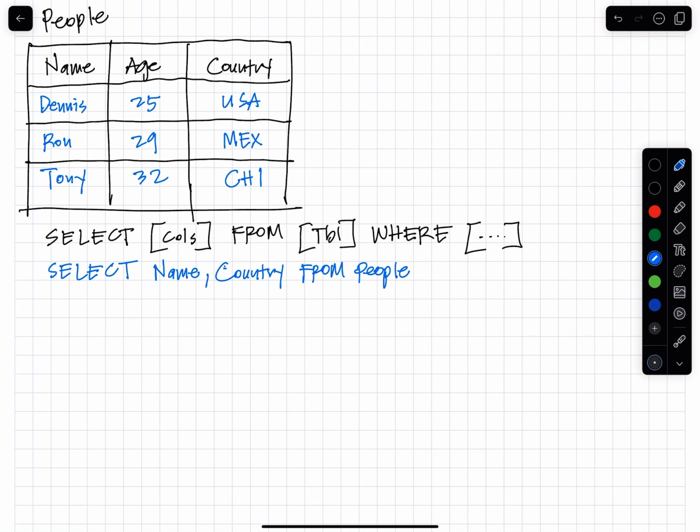When you run this query that we just wrote, you're not doing any kind of filtering, so you're going to get all the records. But what we did is limit the columns that we care about, so we're only pulling the name and the country. If you run that query, you're going to end up